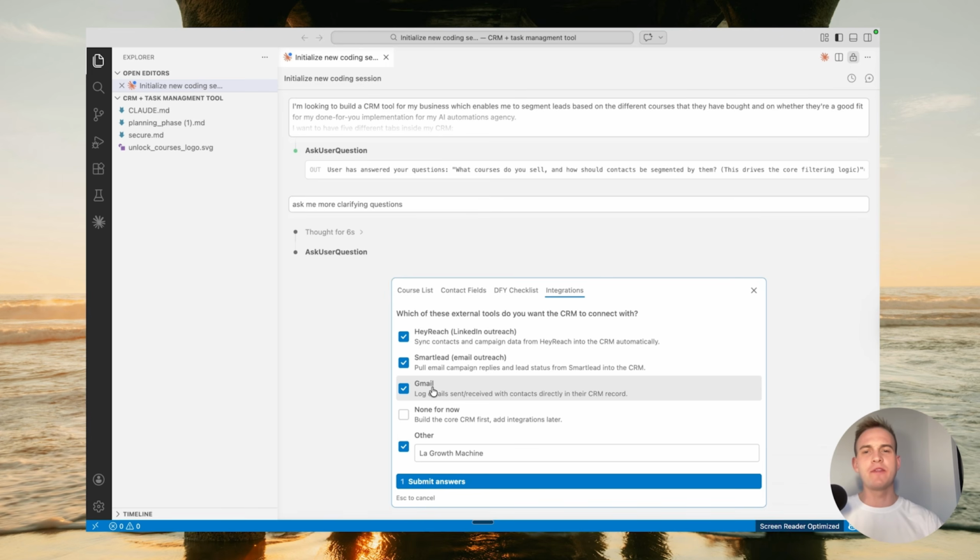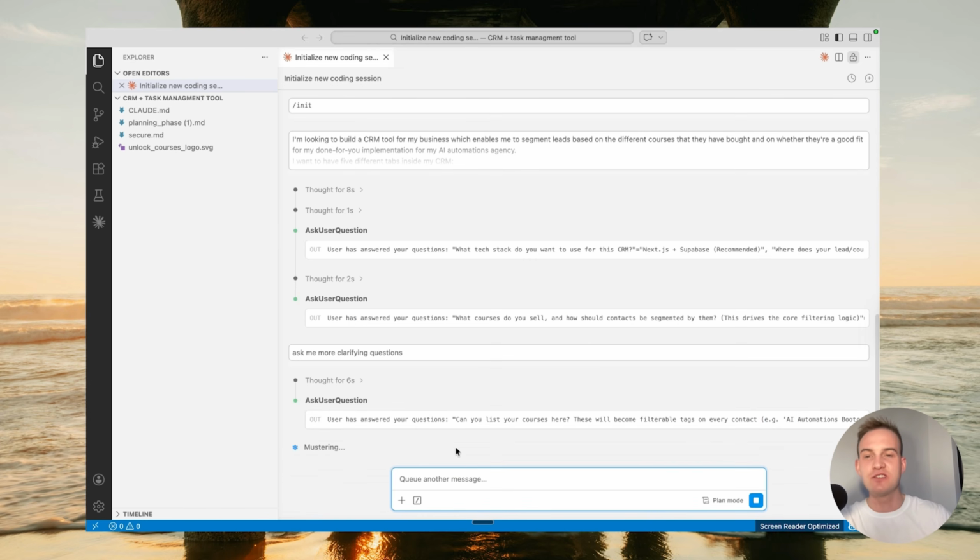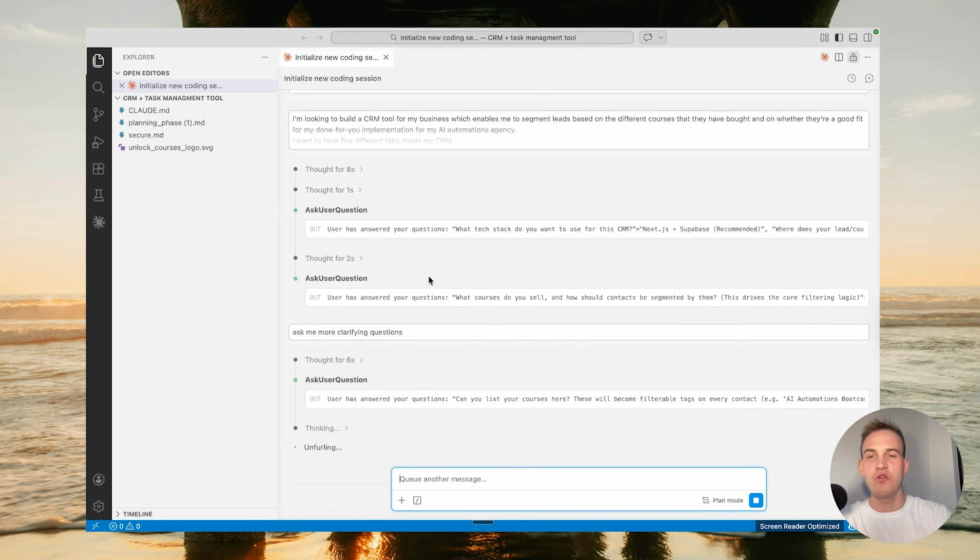And of course, on top of that, we want to integrate Gmail so we can email people directly from the CRM and we can track their activity. And then let's click on submit answers because I don't want to go overboard with this,